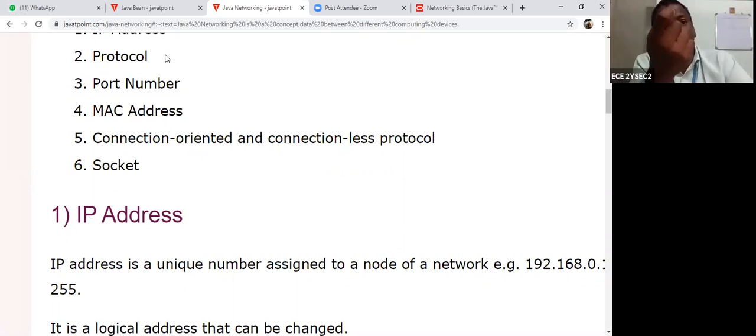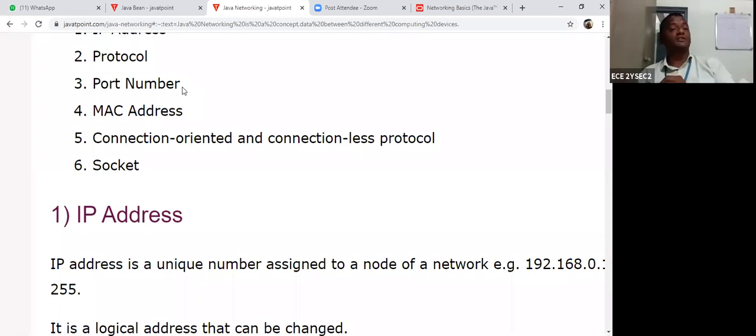By using these rules, you can access the data. That is called a protocol. TCP/IP protocol suite. TCP/IP is a protocol suite, a protocol stack. Protocol stands for certain rules to do something on the network. Okay, next one is the port number.